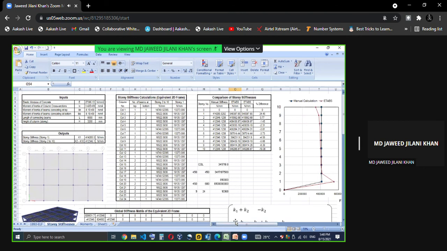Now the same in the next video, I will add the response spectrum method, which is the dynamic method. This is the static method. So for the dynamic method, what will be the analysis, what will be the manual comparison, we will create an Excel sheet in the case of the response spectrum method also. And then we will compare the results for the response spectrum method.